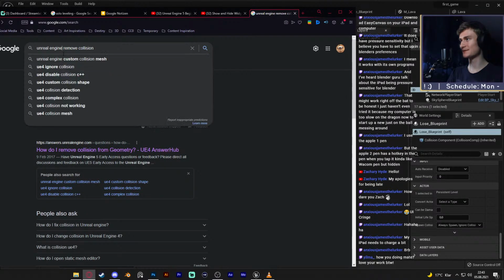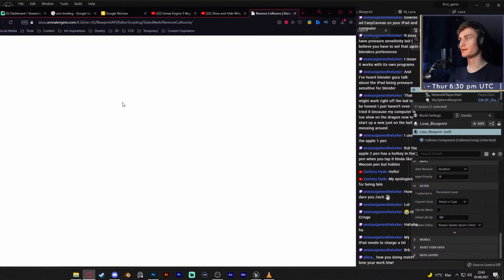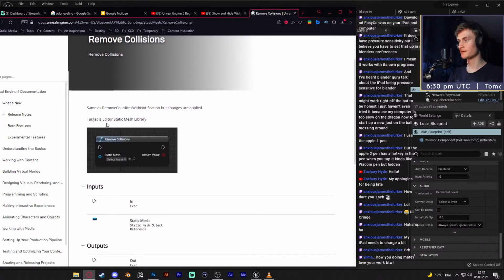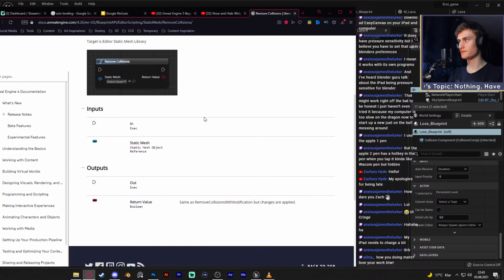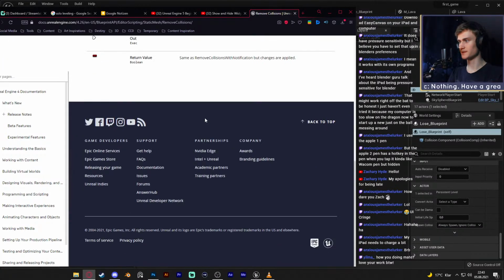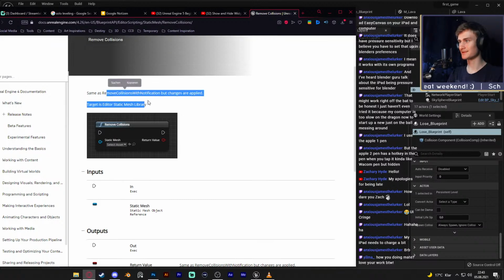Maybe we can just look up for Unreal Engine 5. Maybe there are different changes here. Remove collisions. There you go. Let's see. Oh, same as remove collision with notification but change applied. Target is edit to mesh. Okay, that's a small, what do you call it? Like a small